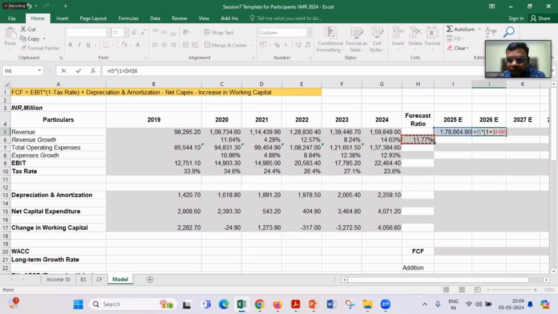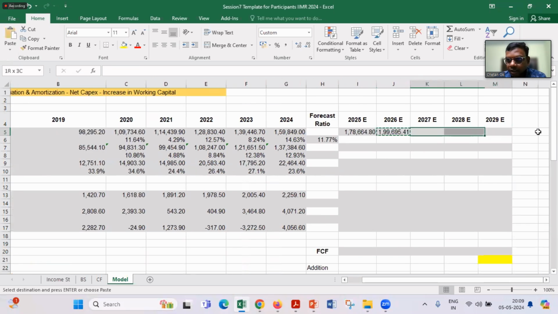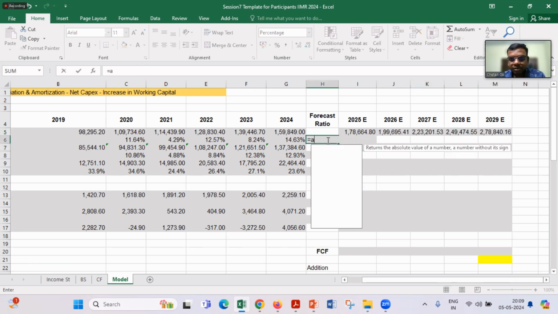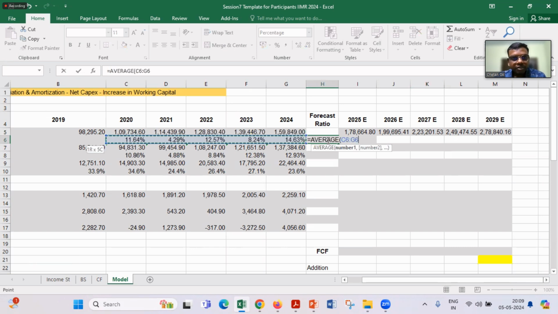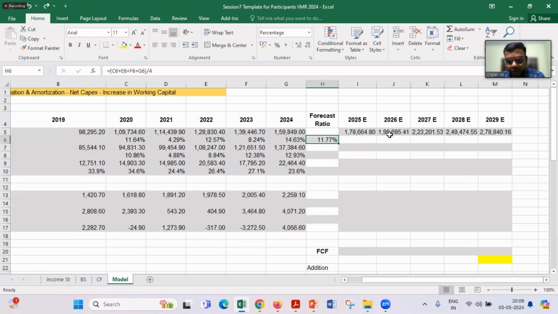I'll fix it with F4, close the brackets, press enter. Then I copy this, then paste it. Hopefully I must have done my job. If I change this, automatically my figure will change here. I just want to show you, that's it. Clear?